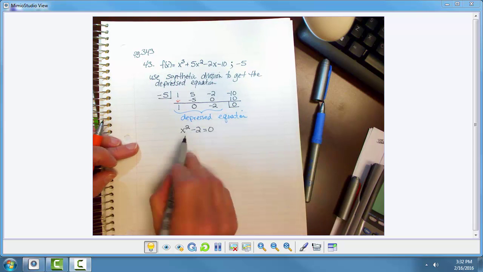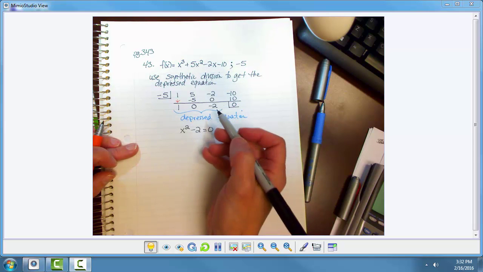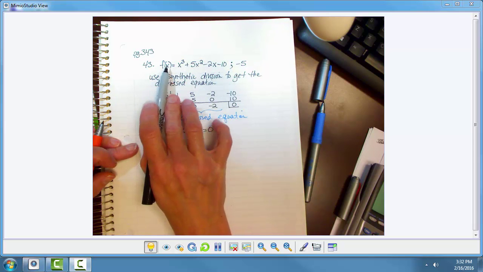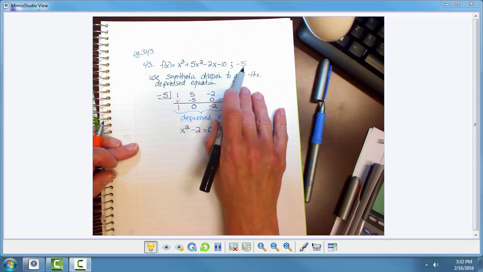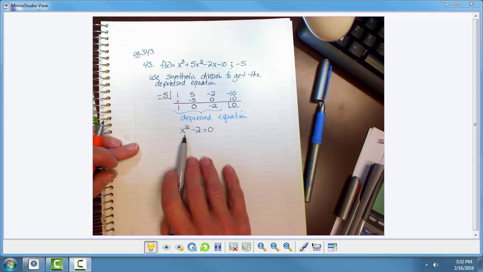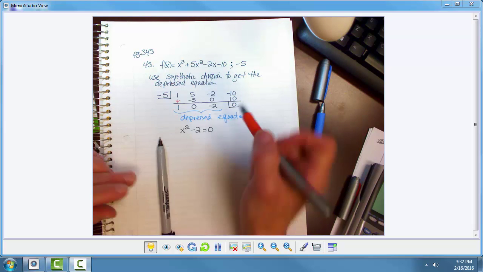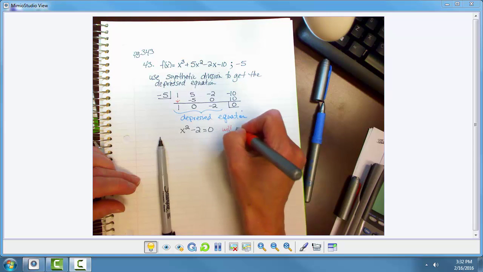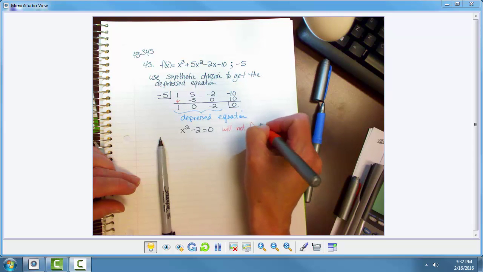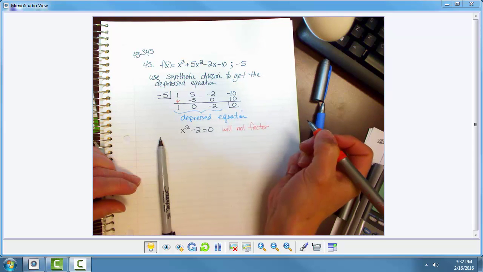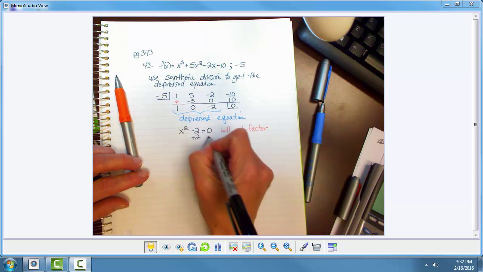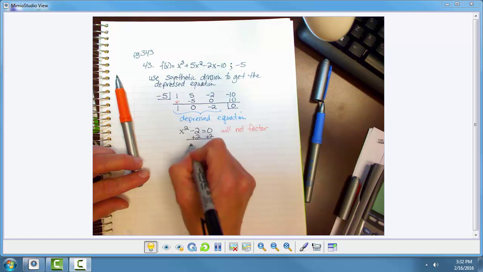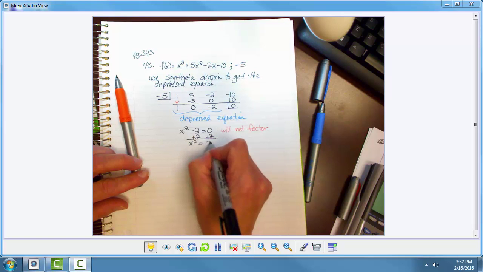And I'm going to set that equal to 0 because this means that f of x, the negative 5 was a 0. So to find the other zeros, you set it equal to 0 and solve it. Notice this will not factor. So how can we solve for 0? Well, let's add 2 to the other side